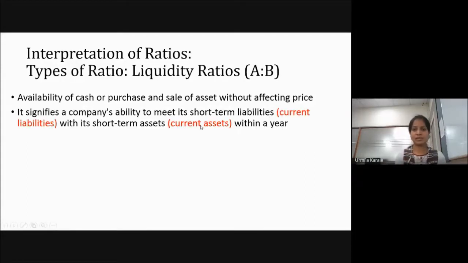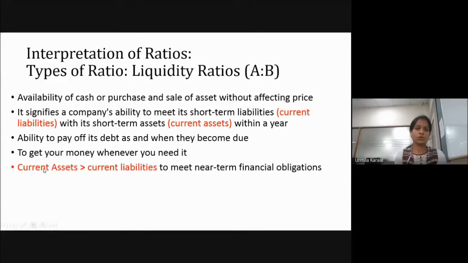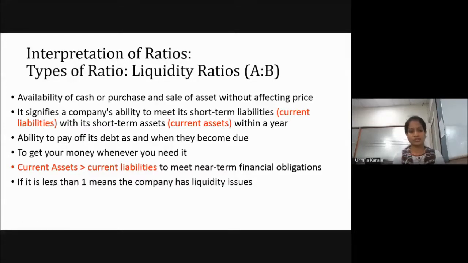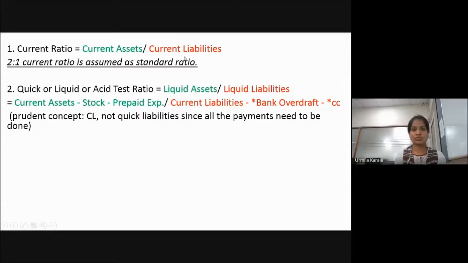We are basically comparing current assets and current liabilities and finding out if you will be able to meet the payments or not in the short term. So you always want your assets, receivables to be more, so that you will not face any trouble in making payment of the liabilities. If this is less than 1, then you are going to face a problem, right? Preferably the standard ratio is 2 is to 1. You should have double the current assets than the liabilities, so that you will be okay with all the things, right? So this is the formula: current ratio, current assets upon current liabilities.